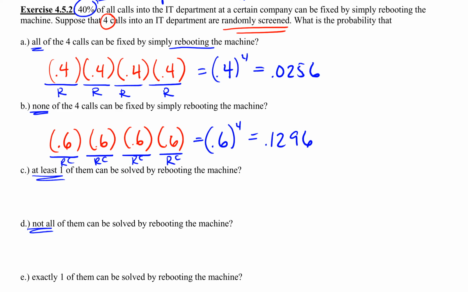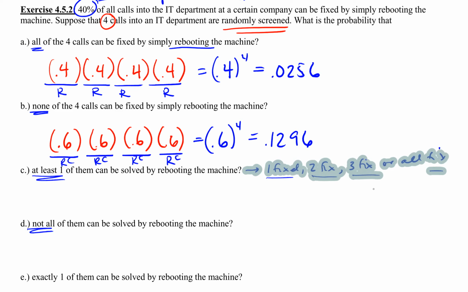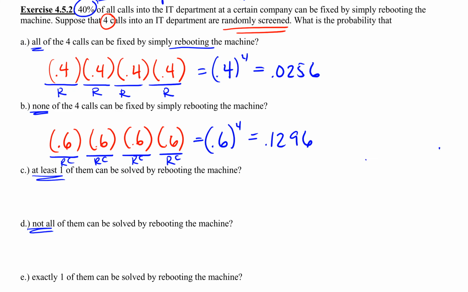The next 2 are a bigger pain, but they're actually pretty easy once you find out the trick. So at least 1 can be fixed by rebooting the machine. Well, at least 1 means that it could be 1 fixed, 2 fixed, 3 fixed, or all fixed, right? And you'd have to figure out all of these different things. In fact, if you had that entire tree diagram that I didn't write out, this is every single outcome except for one of them, which is